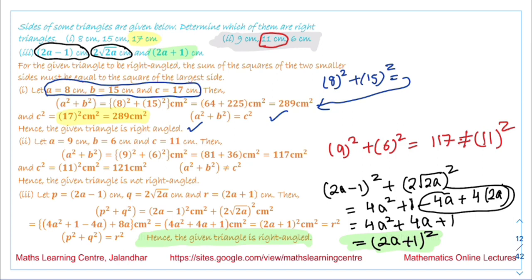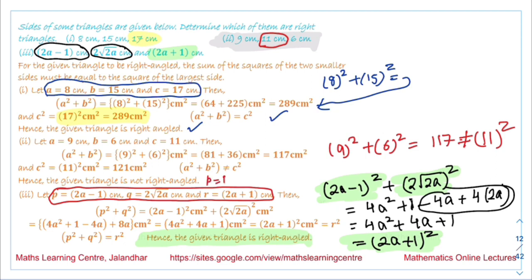Now an important thing to note over here is how we are choosing these two values. To see how we are choosing them, you can substitute some value of a in this, and you can see which of these values is the largest one. Suppose I am substituting a is equal to 1 in all these three values. I will get p is equal to 1, q is equal to 2 root 2, and r is equal to 3. From these values, we can see that the largest of all these values is